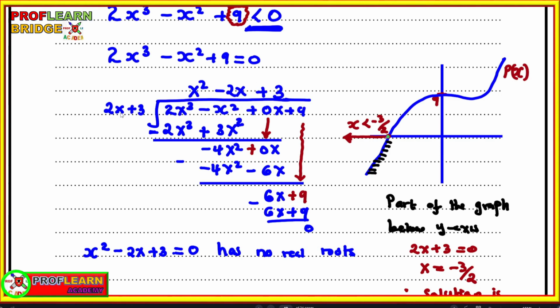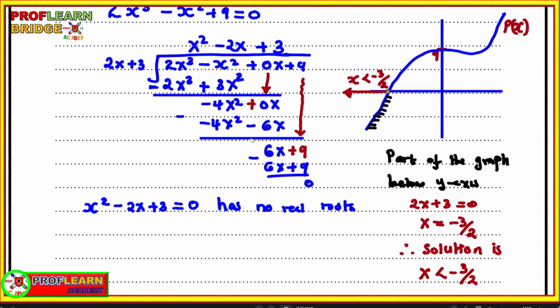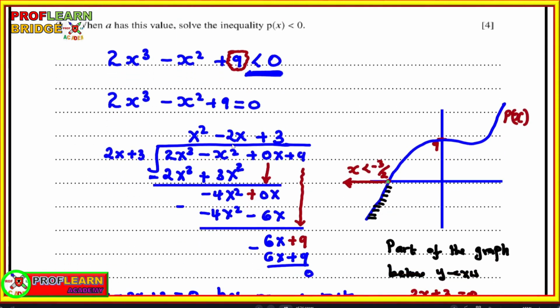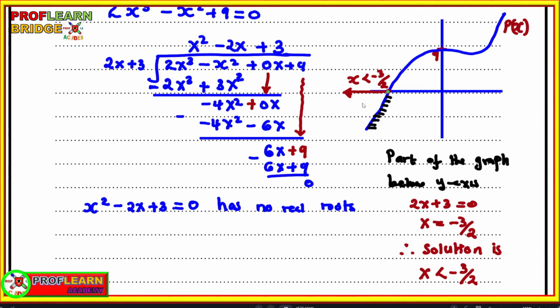Which value do we need to multiply by 2x plus 3 in order to get 6x plus 9? That number is 3. So if we multiply, we get 6x plus 9, and then we subtract, we get 0. So x squared minus 2x plus 3 equals 0 has no real roots. If you try to solve this, it has no real roots. So the only point where this cubic function is going to cut the x-axis is where x equals